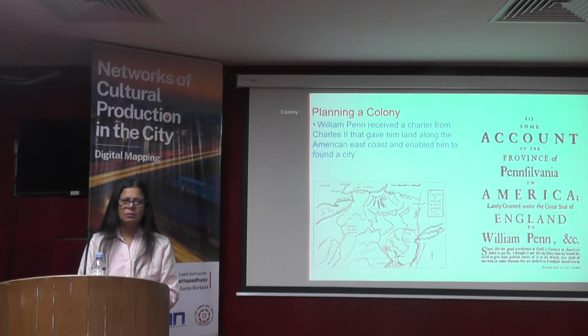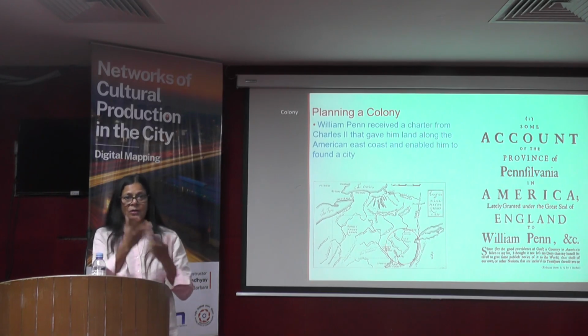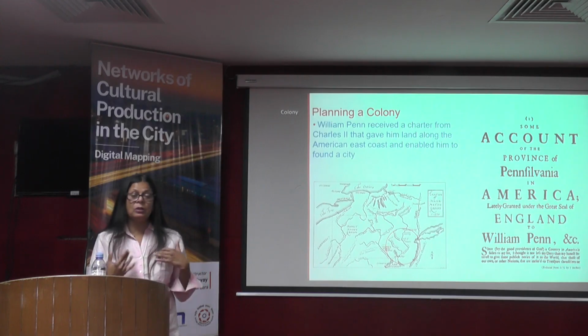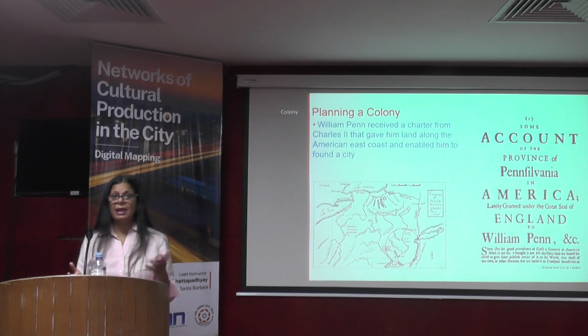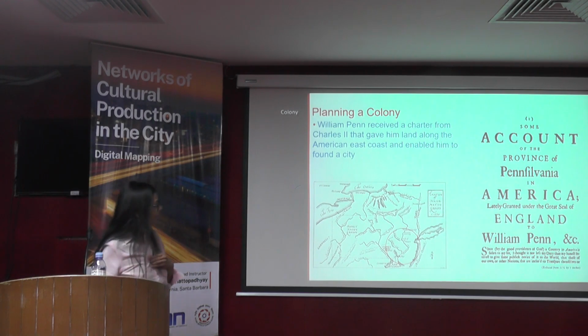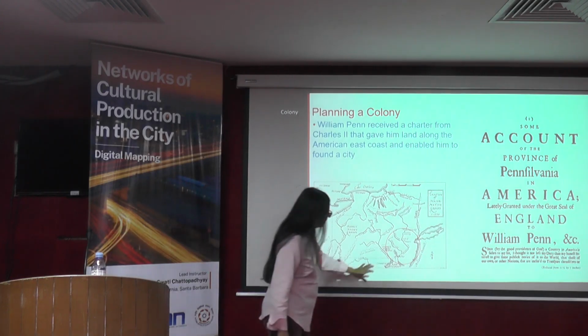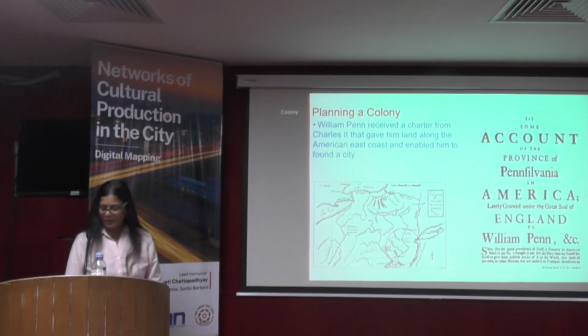Now, how did Charles II come up with the idea that he can give away the land? That is, of course, one of those fabulations one imagines, a political fabulation, that the land somehow is there to give away. Because you can only do that if you think the land is not inhabited, okay? Or the people have given up their claims on it, but the people haven't given up their claims. So we are talking about this part here, and it was very well populated.